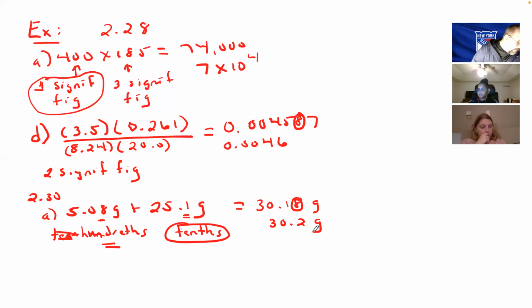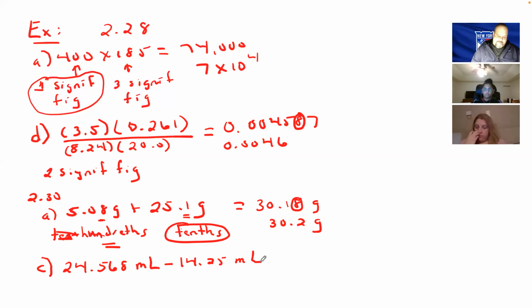And then let's just do one more. So letter C, 24.568 milliliters minus 14.25 milliliters. So if I take a look at these two numbers, for the first one, the last decimal is